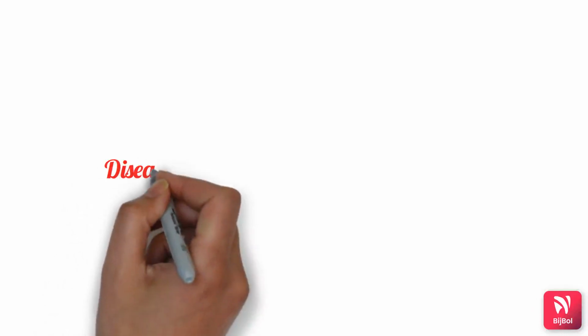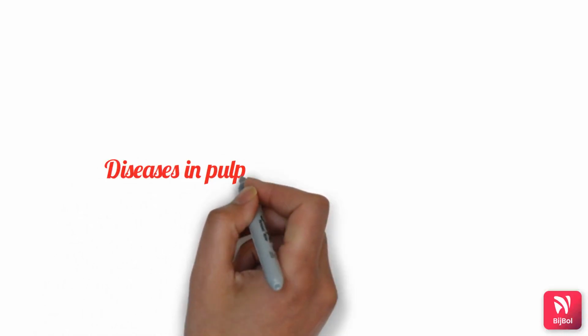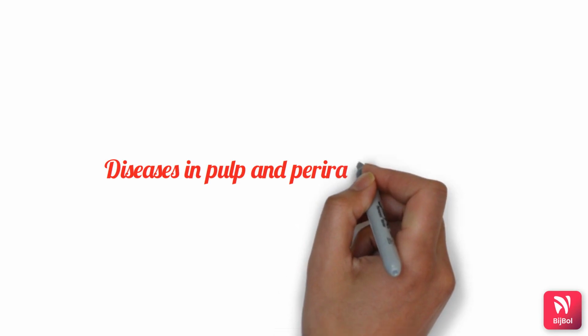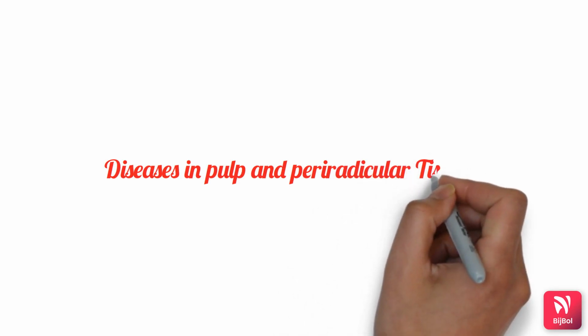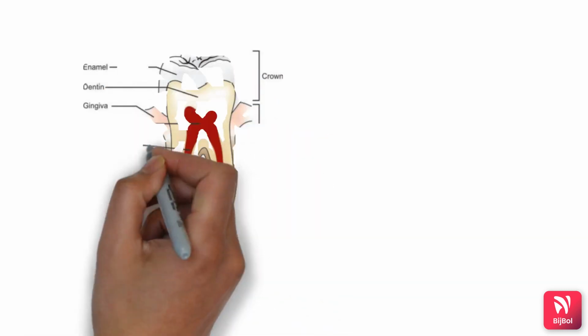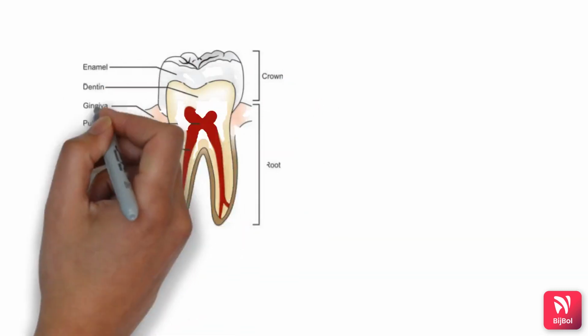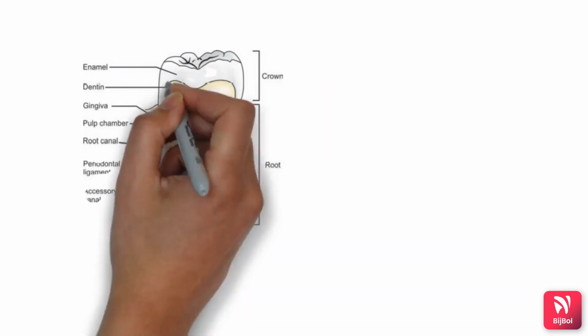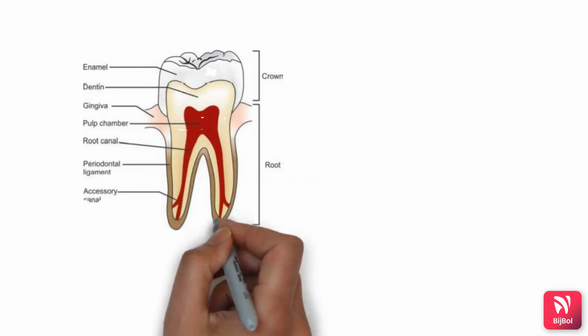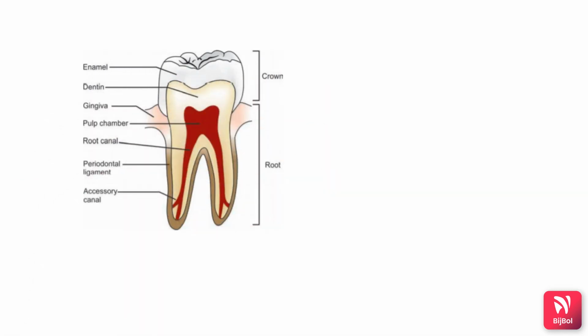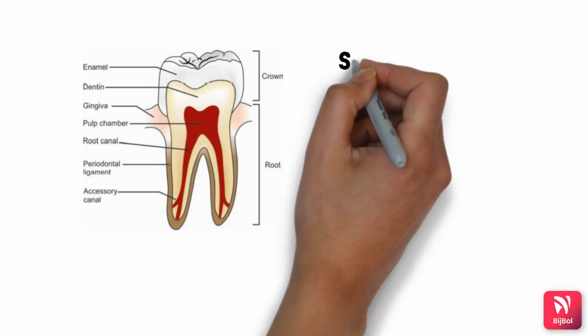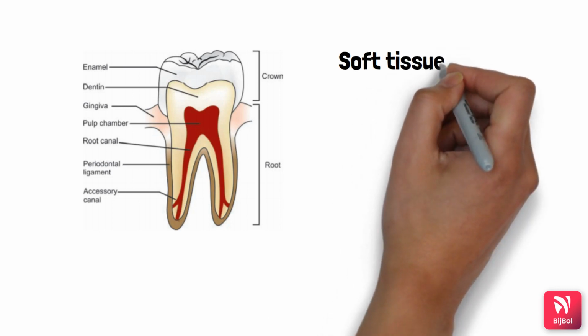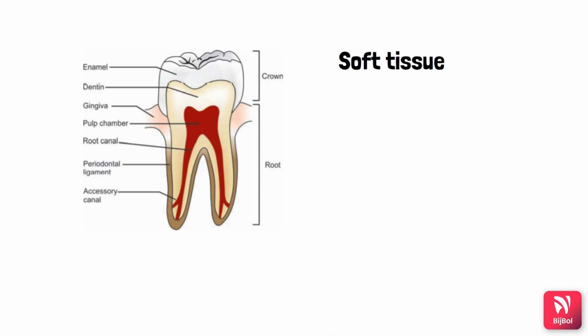Today we'll discuss the diseases in the pulp and the periradicular tissues. If you observe the dental pulp, it is a vascular connective tissue contained within the rigid dentinal walls. So here it is the principal source of pain in the oral cavity, and some of the important features of the pulp include that it is a coherent soft tissue surrounded by the dentin and has a limited area